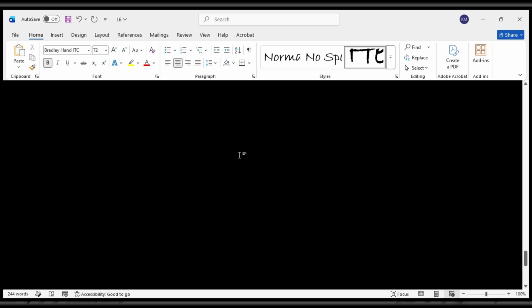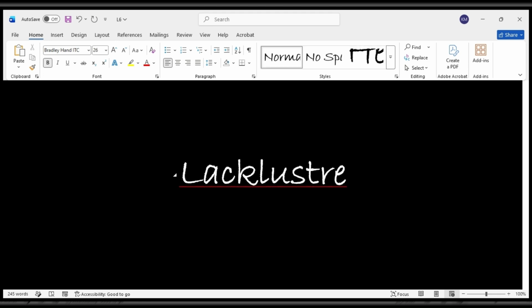So today we learn a new word from English vocabulary, that is lackluster. Lackluster. Okay. So as far as its part of speech is concerned, it is an adjective. Lackluster is an adjective,